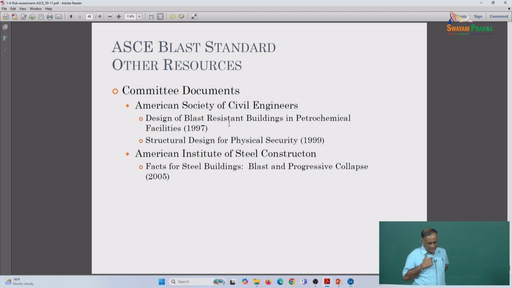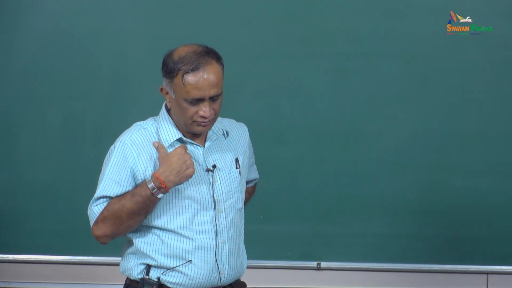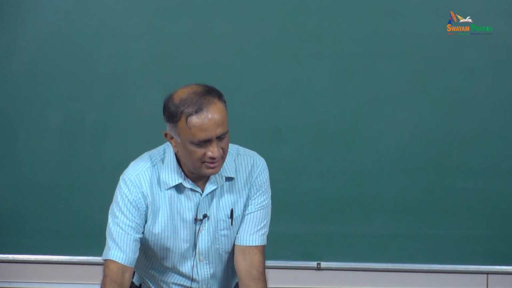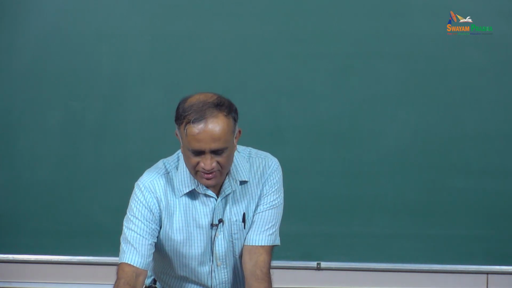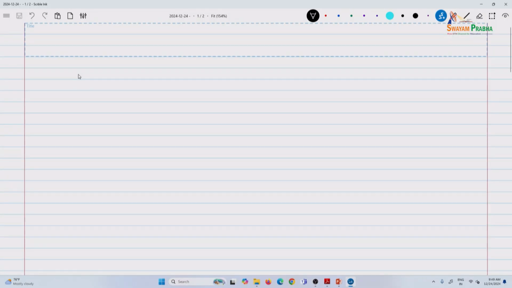And then the AISC has blast and progressive collapse. Similarly, the PCI has, and ACI is the one I talked about. So that's a little bit about the ASCE 59-11. So, we'll start with